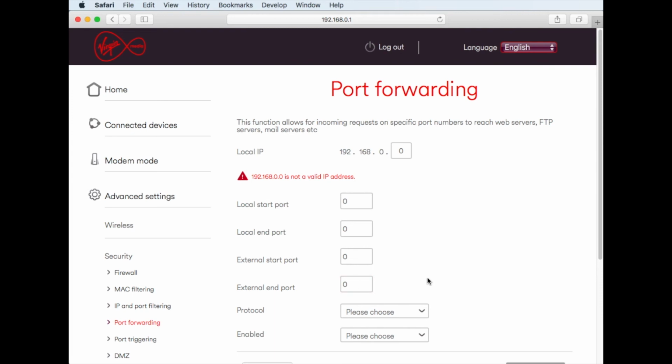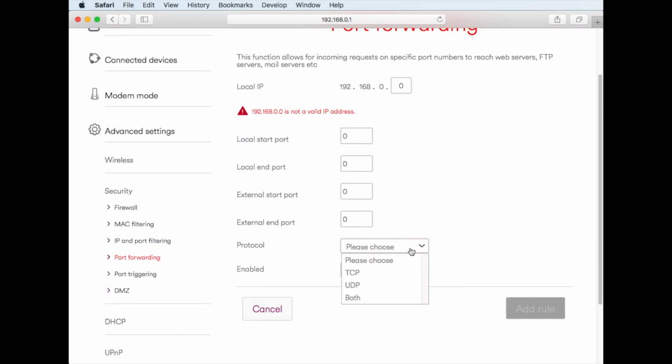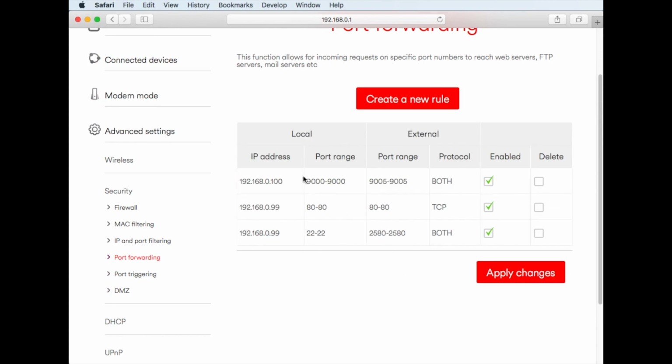And once you do set that up, you choose the protocol, TCP, UDP. I just go with both. And do you want it enabled on or off? Then you go enable on, and then you go add the rule. Once you add the rule, you end up with a table like this, which means that the rule's been successfully added. And once you go apply changes, the router goes through a reboot, and you then have your rules ready. So the way you would test that would be, you would launch a new